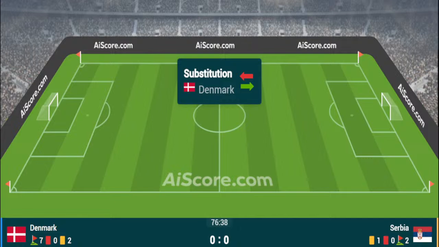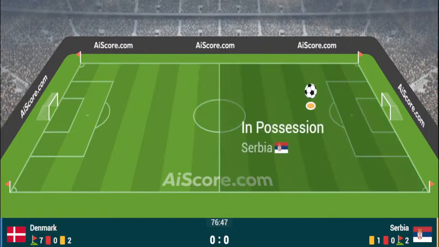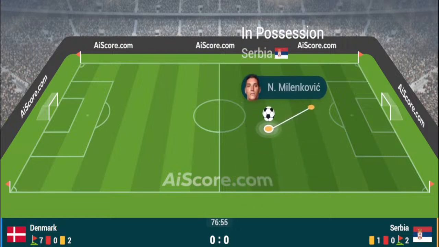They do just that, all the way to the back post. Will it be kept in play by Mæhle? Yes, it will. Mæhle cuts it back in field for Højbjerg. Højbjerg right-footed, 35 yards from goal. Now Scott Olsen, what can he make happen? Back to Højbjerg, 35 yards from goal once again. Will sandwich into the confines of the penalty area. Serbia try and win the ball back. They're going to get it back. Maybe they... Well, it's a little bit messy in the end, and the whistle goes anyway. A free kick.